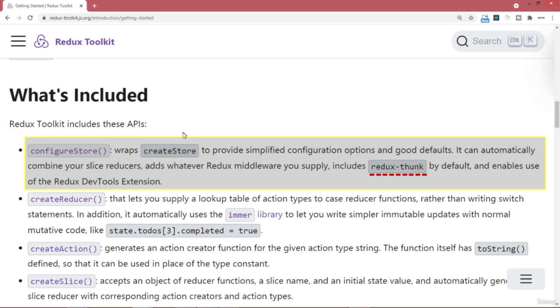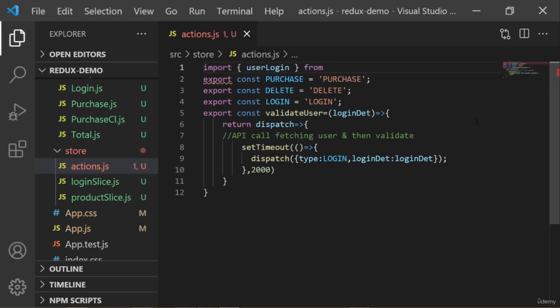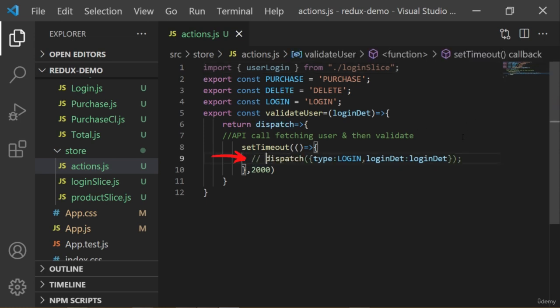How? Let's see this. I'll just go to the coding now. The very first thing I'm going to do is I'm going to use this validate user itself. This is the one which we tried earlier. So here I will import the user login, which is actually part of the login slice, and this I'm going to call here. So instead of this dispatch, now I'm going to say dispatch here the user login, and I'm going to pass